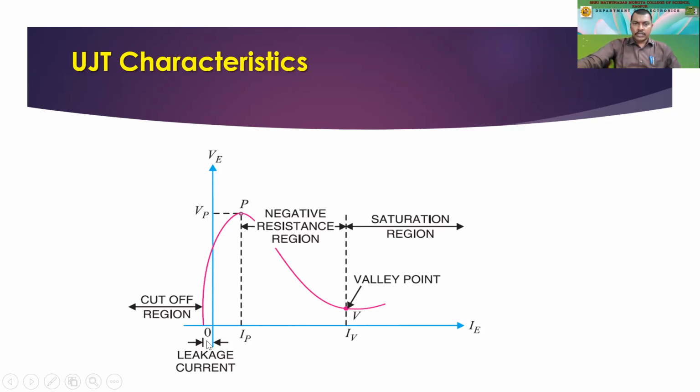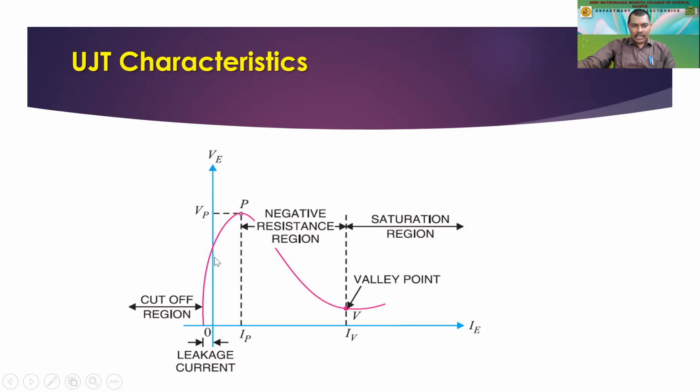Okay, so when we take this graph, we are able to see that initially, when we applied the reverse voltage, we have a reverse current flowing through this. This reverse current is shown over here, on this side of VP, where it should remain zero, but due to the minority charge carriers, there is a reverse current flowing through it, and that is shown over here. Now, as you go on increasing the positive voltage and it is greater than VBB plus 0.7 volt, the current starts increasing through the transistor. Now the current is taken on the x-axis, right? So that's how I'm telling you that it is zero and in the negative direction initially.